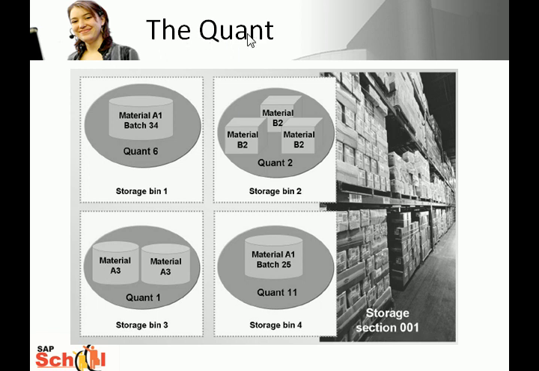Now we come to the concept of the quant. In SAP, the contents of a storage bin is called a quant. A quant is a material quantity in a storage bin. In the warehouse management system, materials can be viewed and moved in quants only. The actual material number is irrelevant, as is the unit of measure. However, there are default criteria which the warehouse management system uses to decide which material quantities form a quant in a storage bin. So some of those criteria are material number,